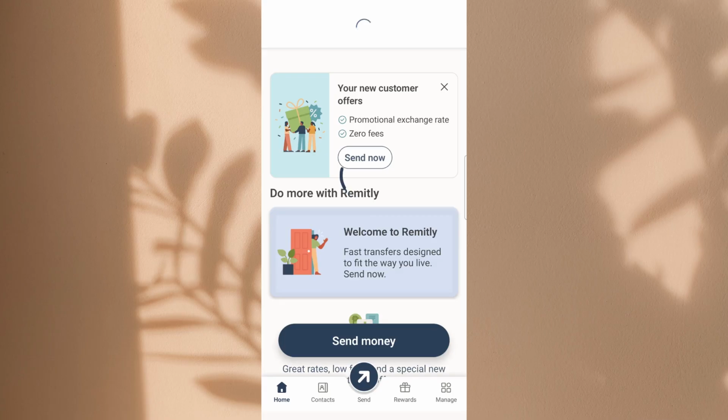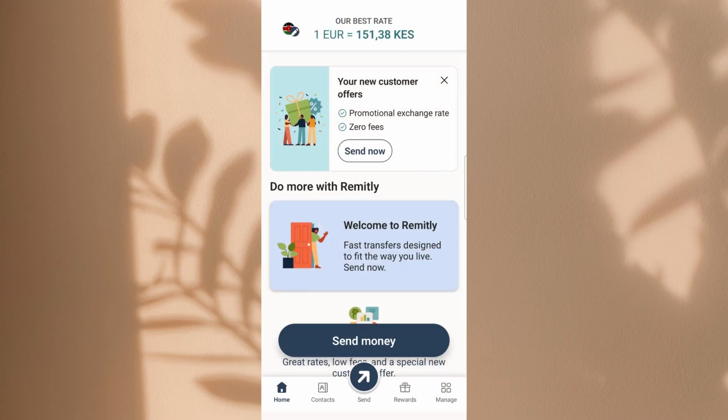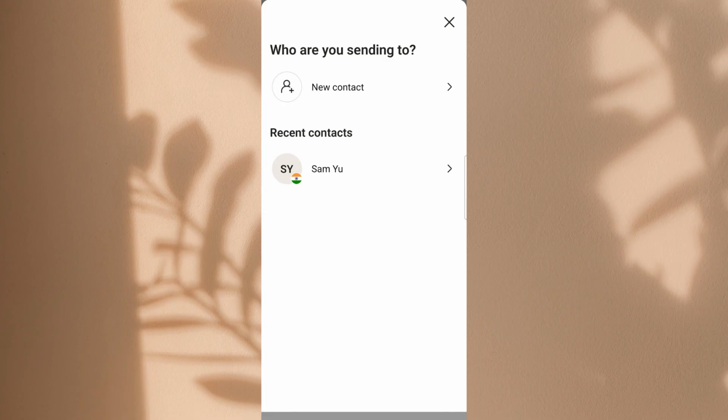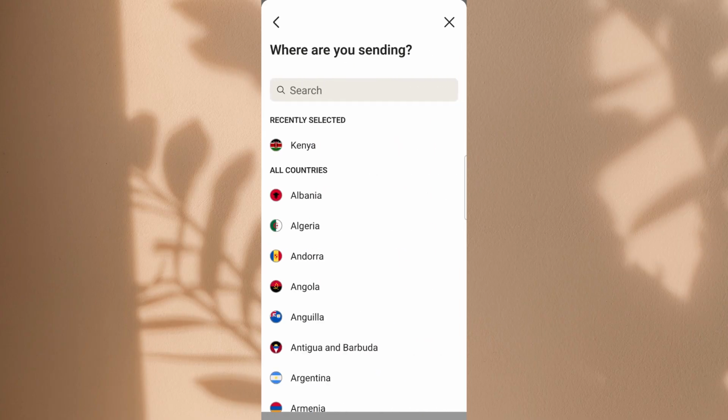This will take you to the transfer setup page where you can start entering the details for your transaction. At this point, if the recipient's contact information has already been saved in your account, you can simply select their contact from the list. This can save time and make the process quicker. If the person is not already saved, click New Contact to add them. Then select their country, making sure it matches the destination you're sending to. Be careful here, because accurate recipient information helps prevent delays.